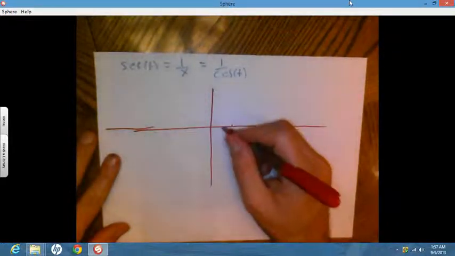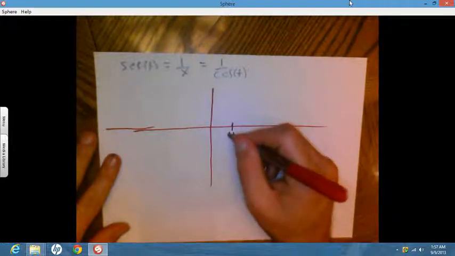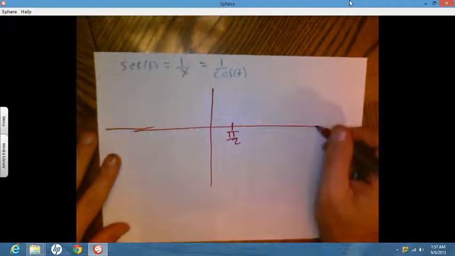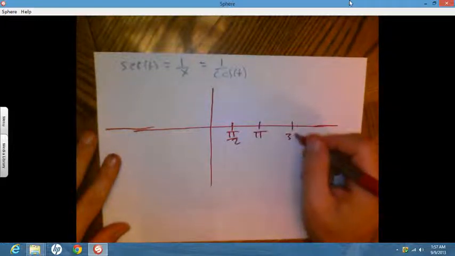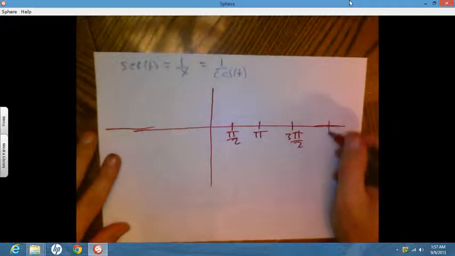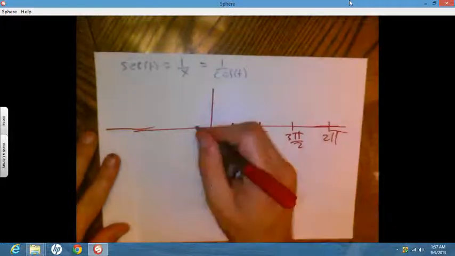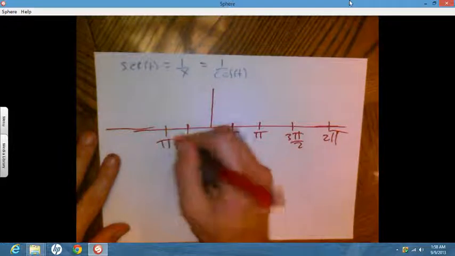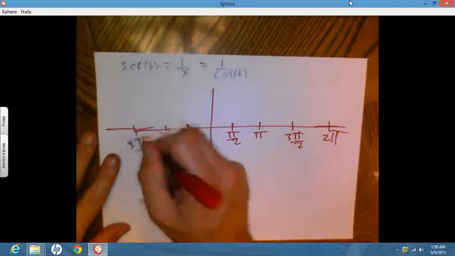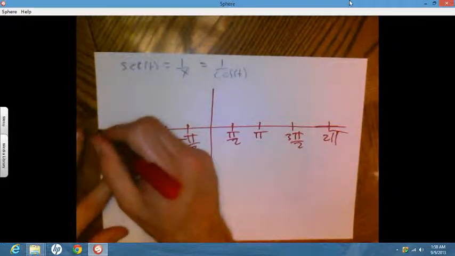Now, what is the cosine? Well, we're between 1 and -1. And the cosine starts at 1, at pi over 2 it's 0, at pi it's -1, at 3 pi over 2 it's 0, and at 2 pi it is 1 again. It's an